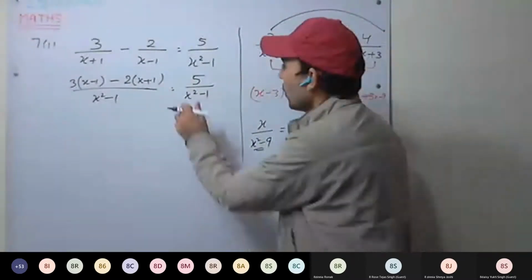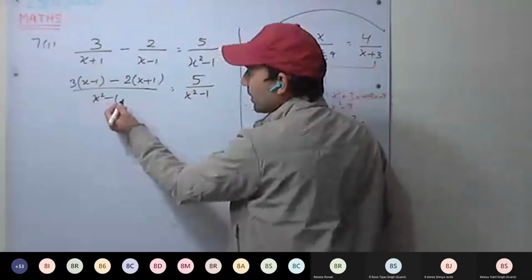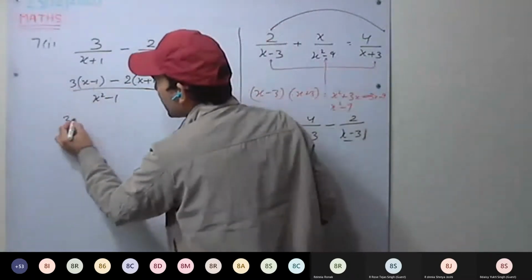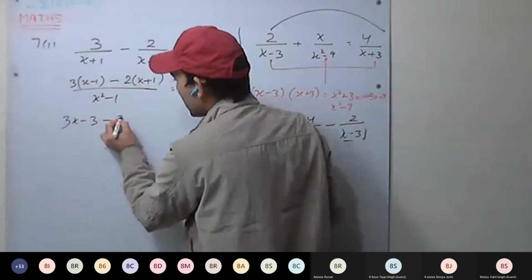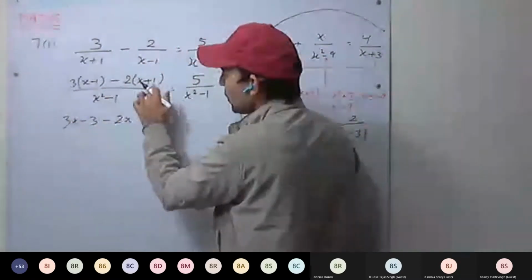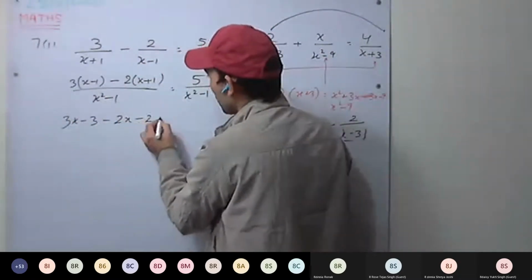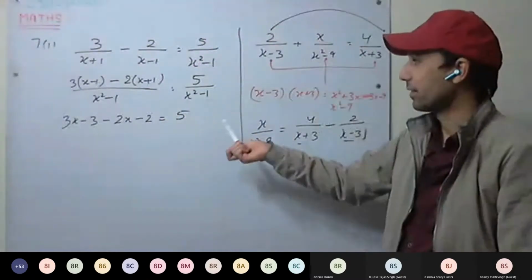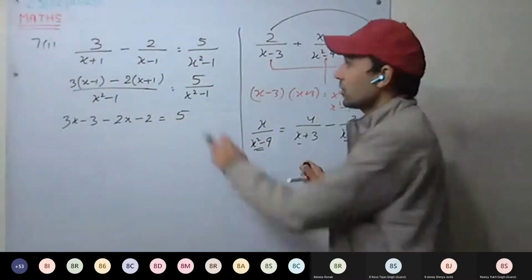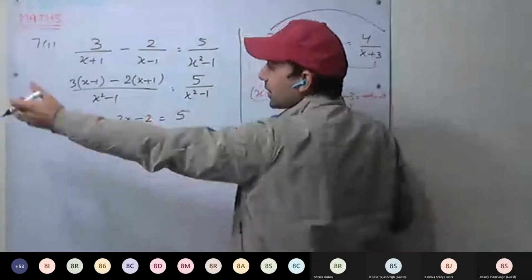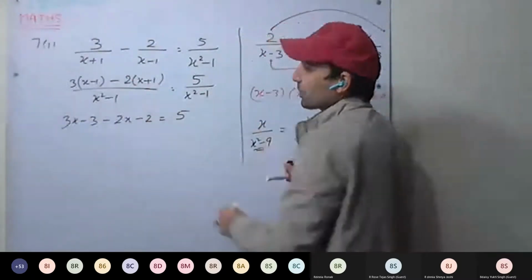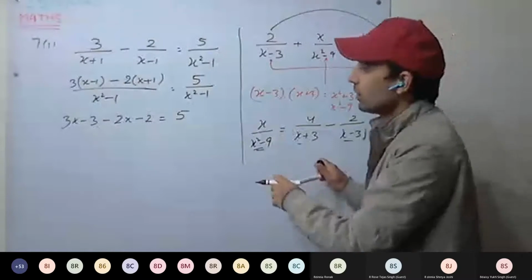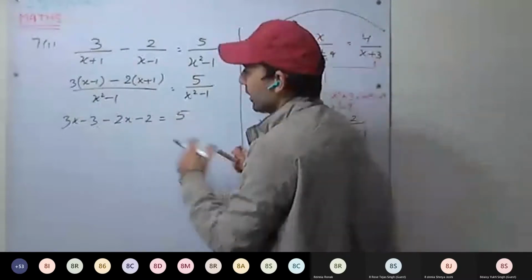So here, the whole denominator gets cancelled. Yes or no? And next equation will be what? 3x minus 3 minus 2x minus 2 into plus 1 minus 2 equal to how much? 5. Is this fine? Or else if you cross multiply, then it will be very lengthy. In cube it will come, and then afterwards cubes and cubes addition, there will be 0. So it's better if we cross them like here.